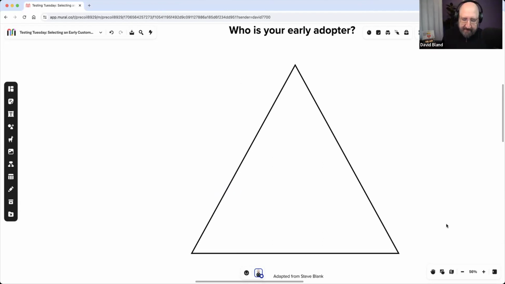And this idea of an early adopter, I find is a little vague still. When I go into teams, they kind of have a hard time defining what is an early adopter? How would I even start to basically define that person or that segment? And so one of the ways I really like doing this is kind of using Steve's model,